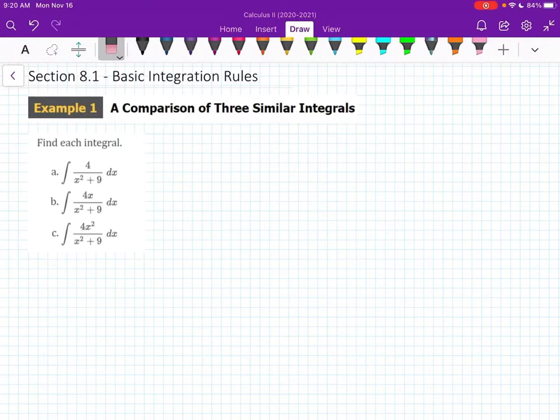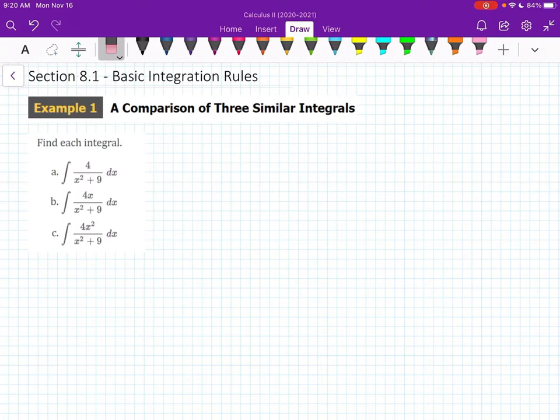Integration rules. So we're just applying a lot of the basic integration rules you've already learned to some integrals that may not look like those integration rules apply to them. So we're going to use some ways to manipulate those integrals to make them look like what you've seen before. So, for example, our first example here is to find the integral of three different integrals, and they look very